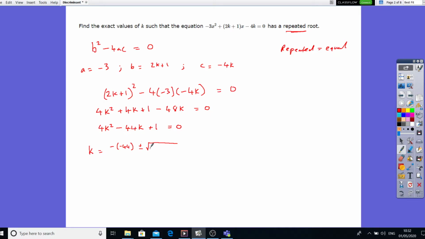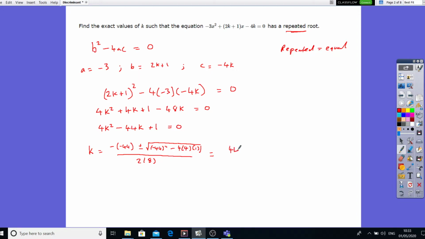Plus or minus the square root of b squared. In this case, it's going to be minus 44 squared, minus 4 times a times c, where a is 8 and c is 1, all over 2a. This could be 2 times 8. Now you could just simply plug this into your calculator, as your calculator can solve the equations in a slightly longer way. So we're going to get